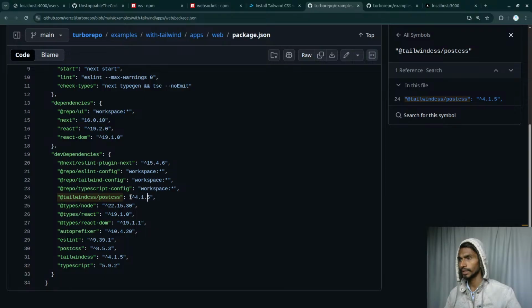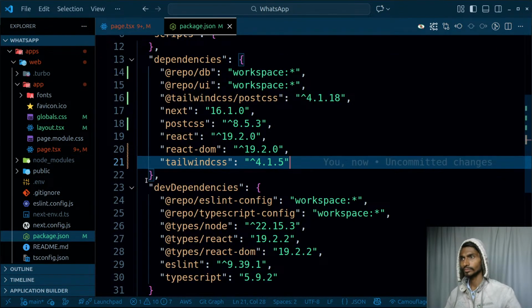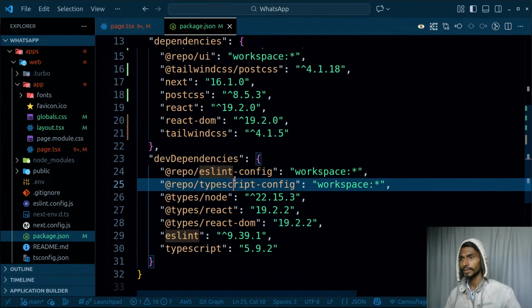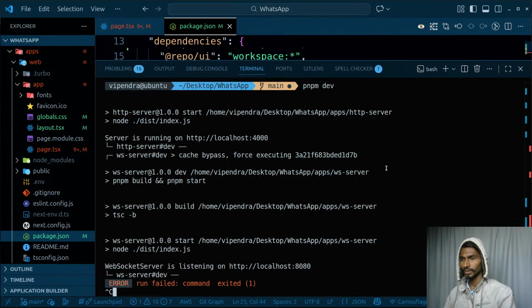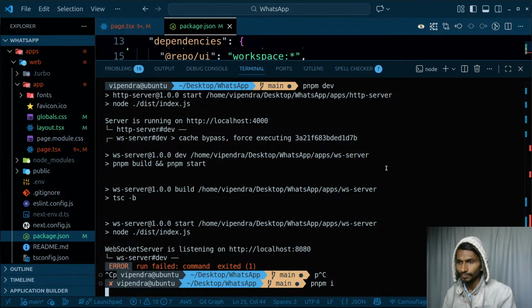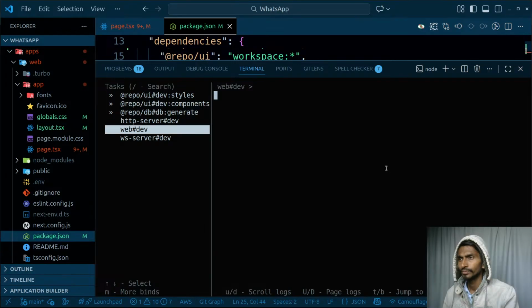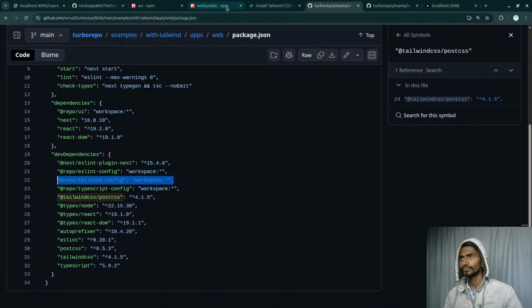Dependencies, I have the UI. Apart from that, I need to have that tailwind config CSS. I mean, that's it, nothing else. Apart from it, I kind of have everything. ESLint, TypeScript, Node, React. I have almost everything. The only thing missing was this. So let's try it. Stop it. npm install everything. npm dev. And if I actually reload the page,